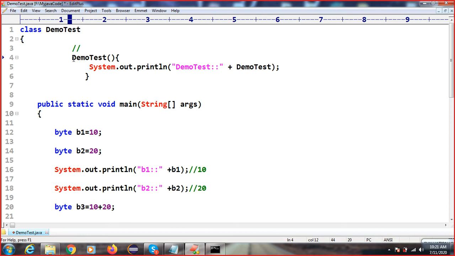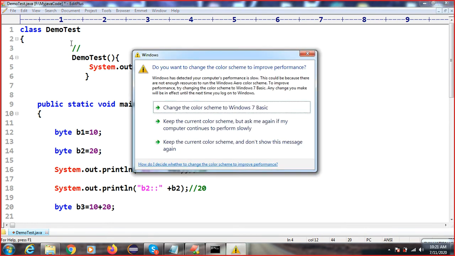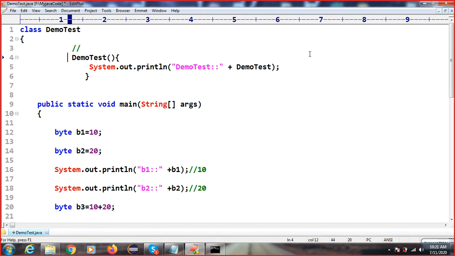Yes, all the points are, so the main job of the constructor is initializing an object. If you are creating any class, any class means this is the real world object, but we need to present it in the programming world. Programming world means we are going to do automation. If you are automating something, you have to write the code, might be Java or any other language.